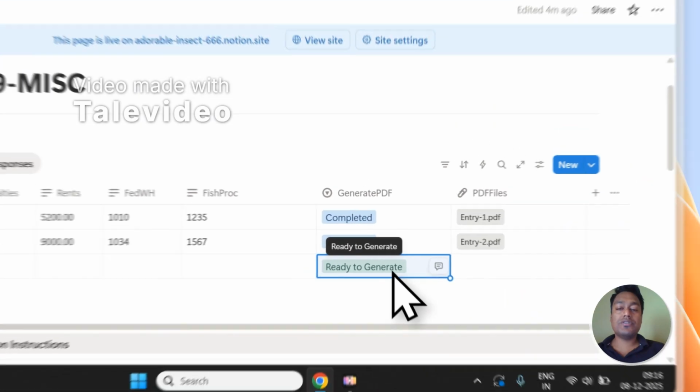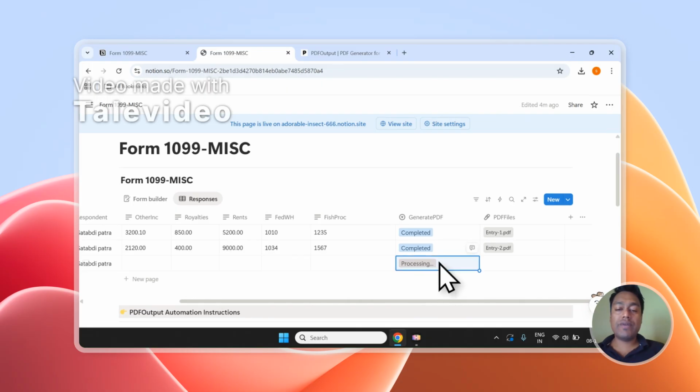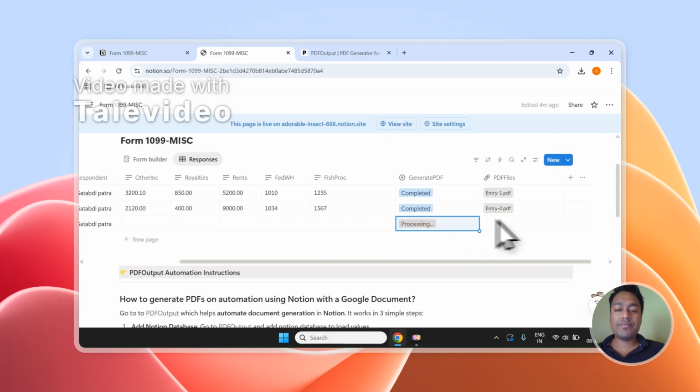So that is it for the demonstration. I hope you start automating the process, and you can see it has started processing this document which we had marked as ready to generate while we were demoing the database, and it will soon be converted to a PDF file right inside the database over here. So this is how the automation works, and this is how it converts the same document into PDF file right in